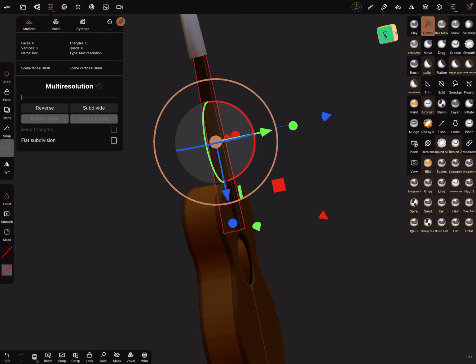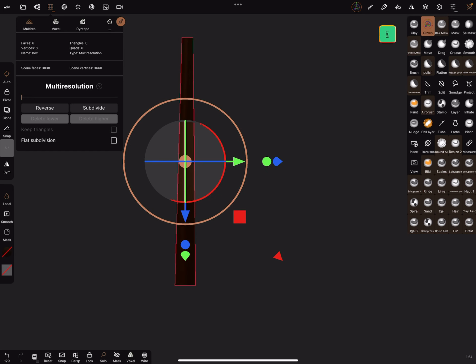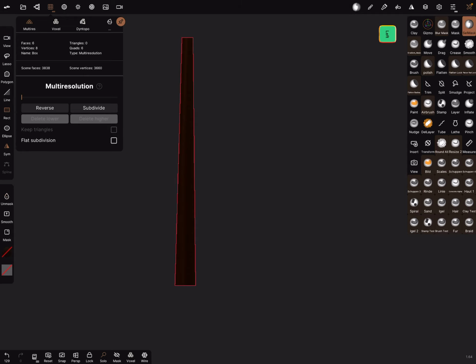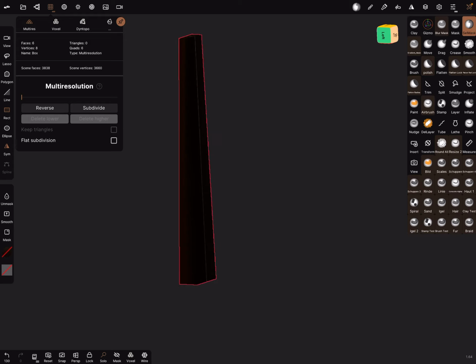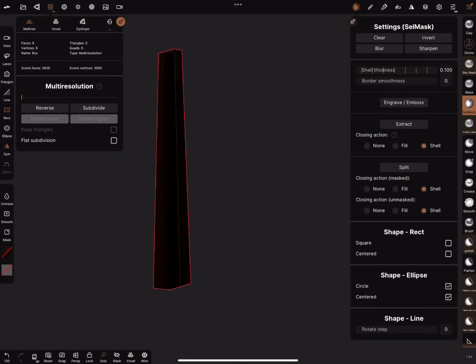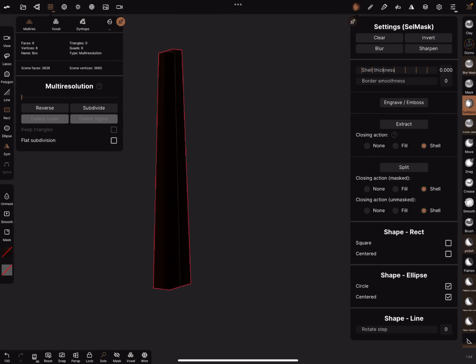Select this part and make it solo. You can go in the left side view and use the selection mask, mask the front side and give it a shell of 0 and extract it.